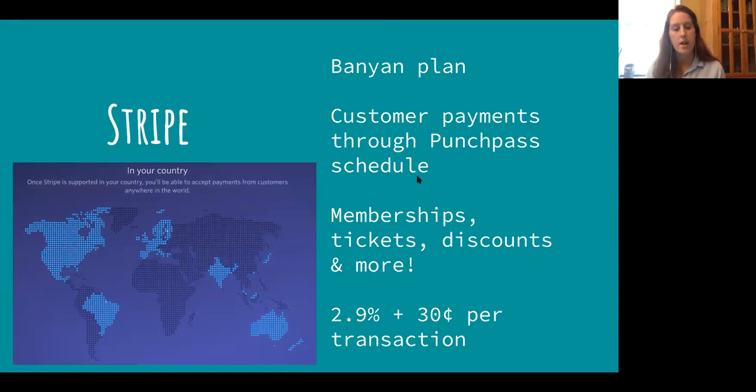And if you go on their site, stripe.com/global, you'll see the list of countries that they support, but you can also reach out to us in Punchpass if you have any questions. So that's really kind of an overview on what functionality you have with Stripe and if it's going to work for you or not. And then we're going to head into